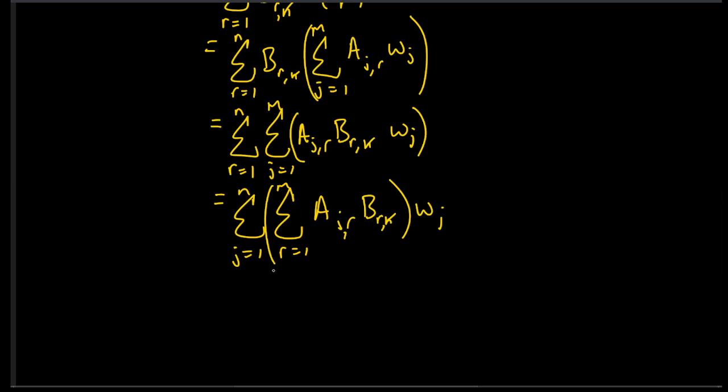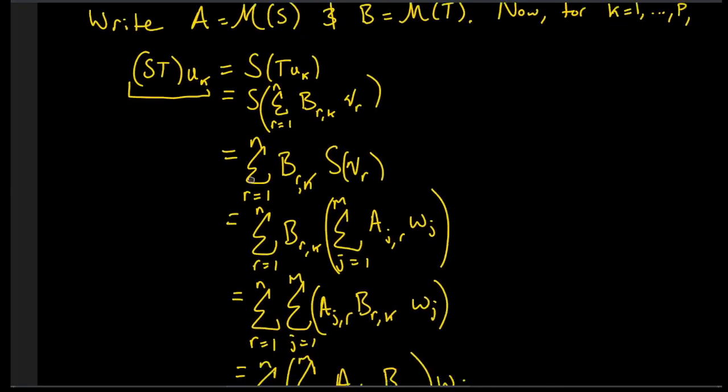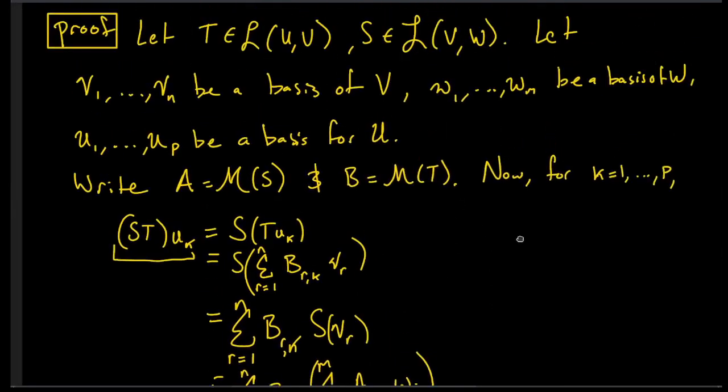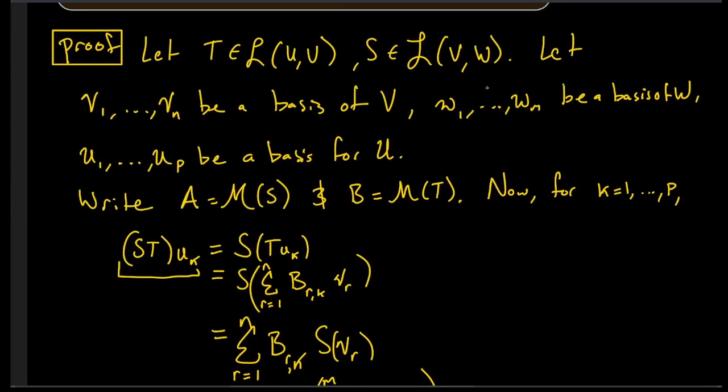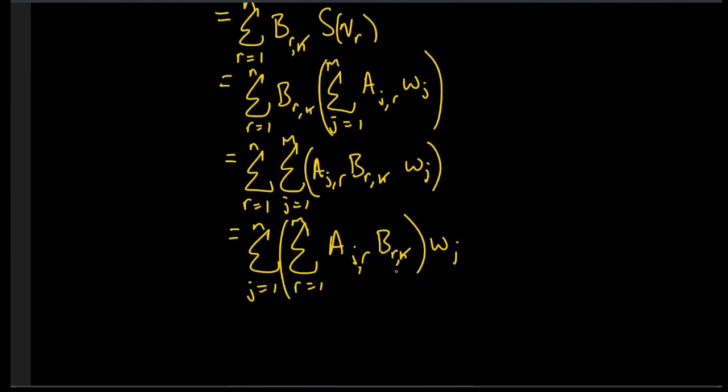Okay, cool. Now, this right here, if you go all the way up to the top, I took UK and I put it through ST. And now I'm writing the result as a linear combination of the W's, which is a basis for the range of ST, or is a basis for the codomain of ST. So I'm writing it in terms of a basis for what you get out from ST. All right, this here